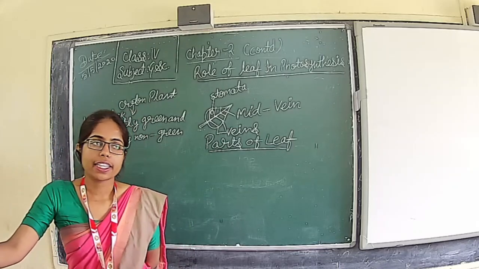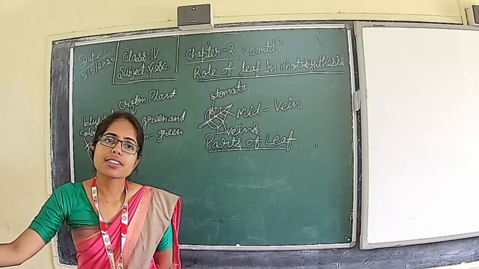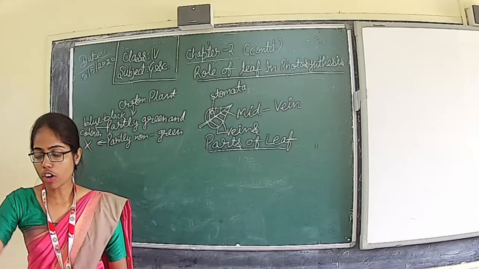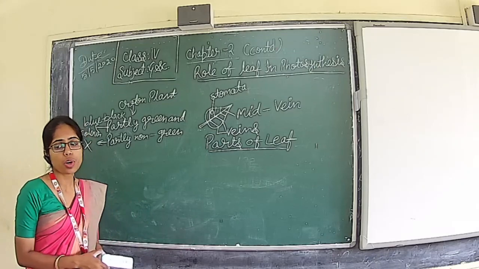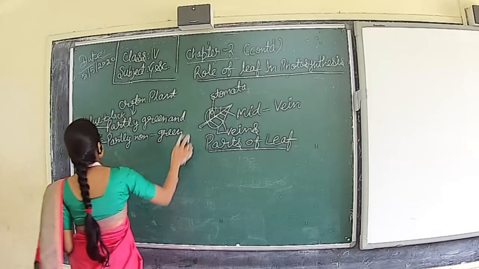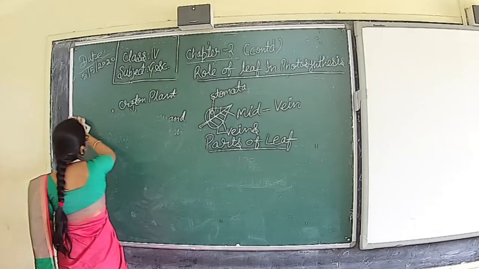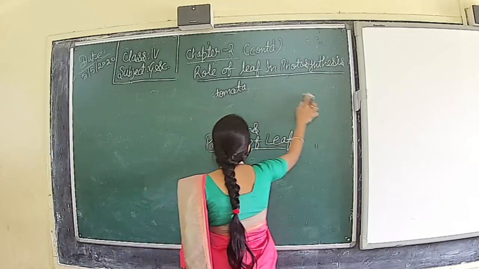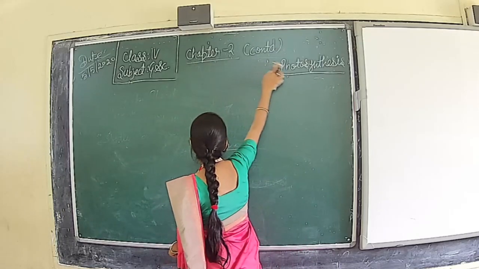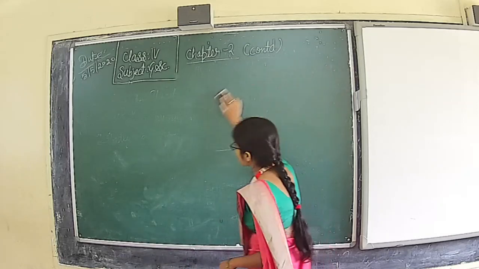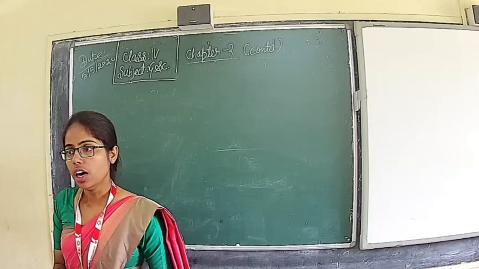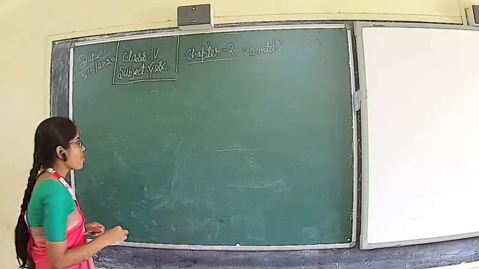It means sunlight is necessary for photosynthesis. Without sunlight, the process of photosynthesis cannot be carried out. This is the way we have understood that chlorophyll, sunlight, carbon dioxide and water, these 4 things are necessary for the process of photosynthesis. Now we will study the next topic,